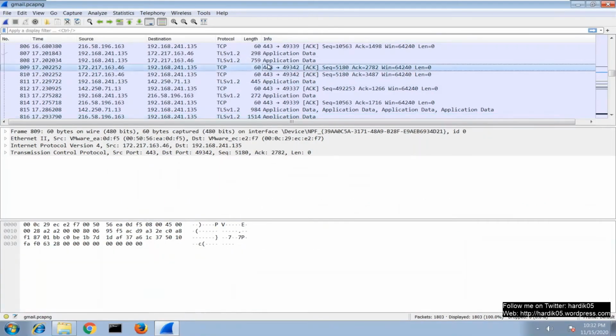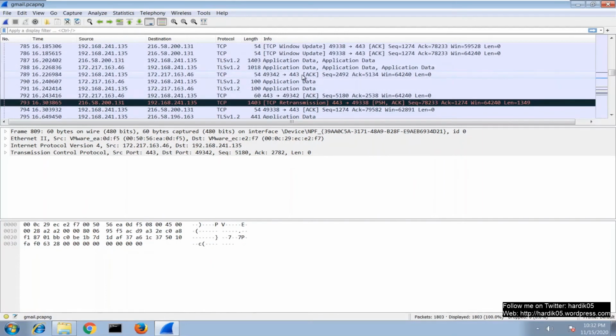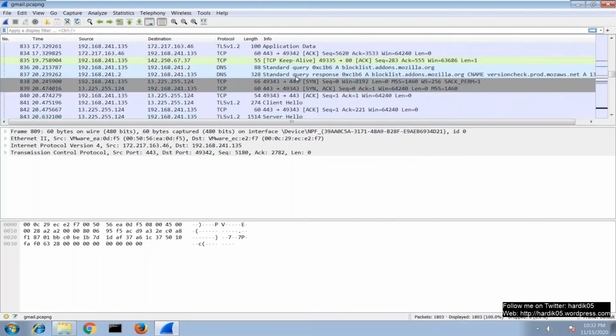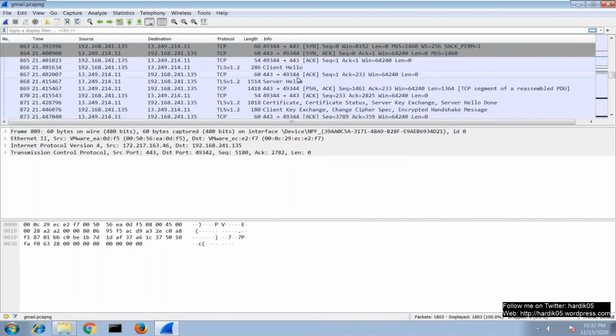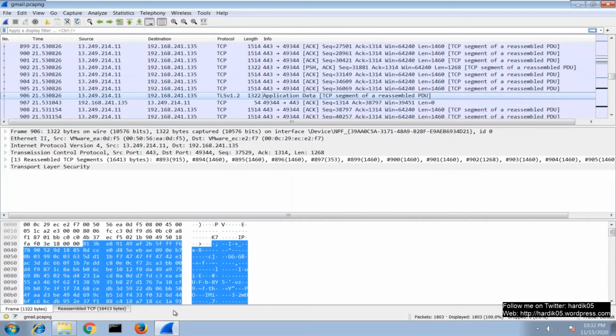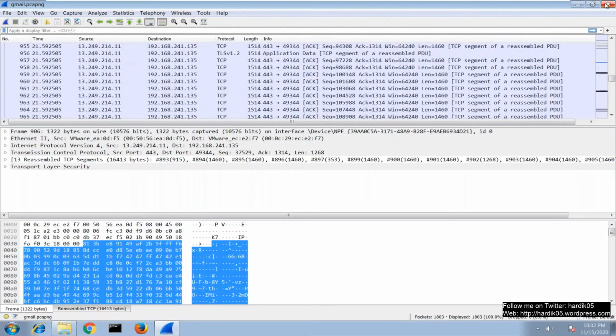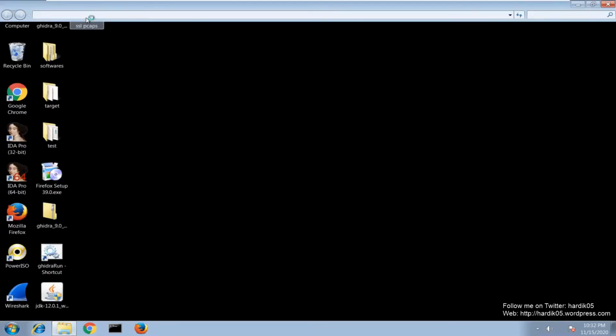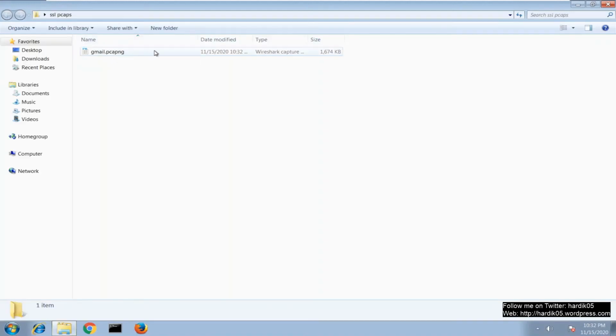So you can see that whatever we are able to see, the decoded data, we are not able to see it now because we have removed that SSL key file. So you can see that all the data is encrypted now. We don't see any uncompressed or any SSL decoded tabs over here. So this is how it looks like. And so now if you go to the folder where you have saved this PCAP, and if you open this PCAP,